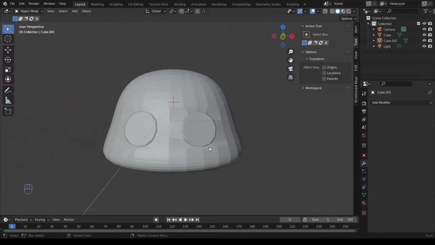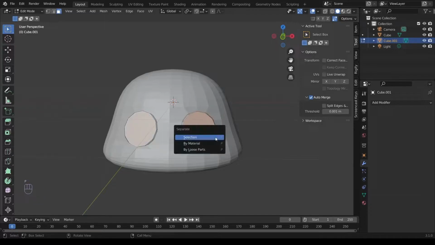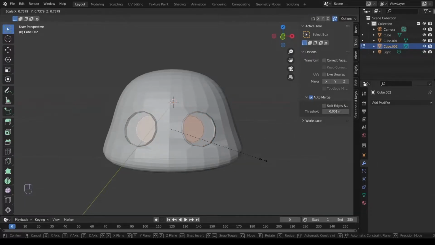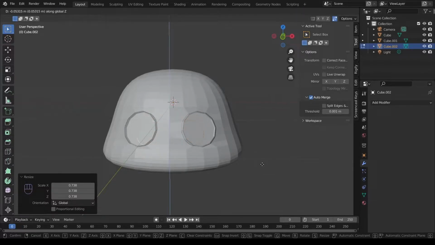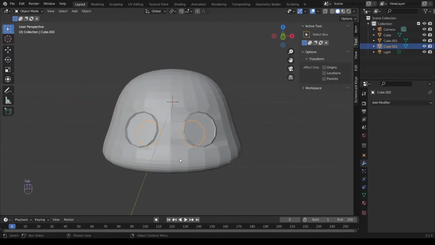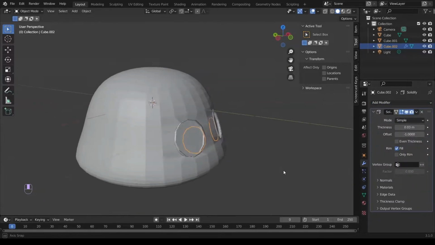For the pupils, we're gonna select the eyes and go into edit mode. Select the front faces of each eye, P, and click selection, same as we did before. Adjust the size and positioning to your liking and so that it looks right. Throw a solidify modifier in and adjust the thickness.